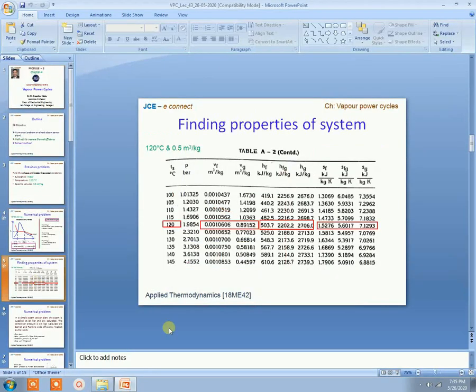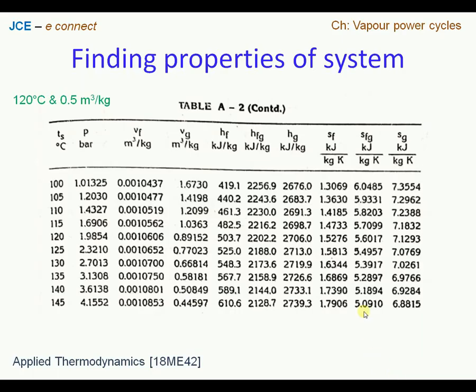Now let us take up the steam table here. So here we have table number A2, and in the given problem we have 120 degrees Celsius and a specific volume of 0.5 meter cube per kg. Since we are following the temperature entry method, the first entry we can see is the temperature, so it is a temperature-based table. Therefore we are now looking at 120 degrees Celsius. Among this column we have 120 degrees Celsius here.